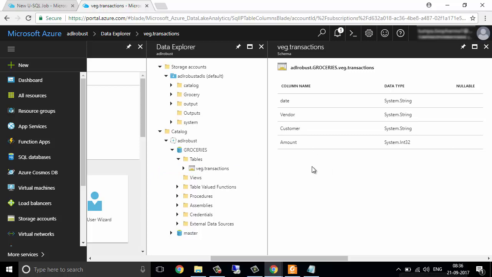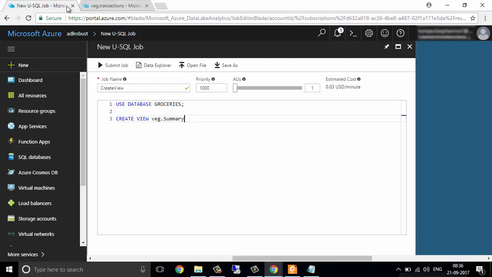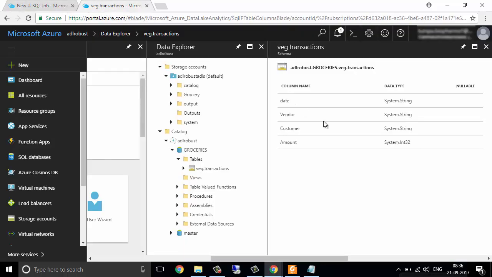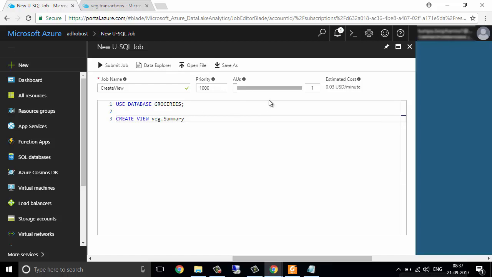So I will remove the date and create a view which contains an aggregated value for both vendors and customers. Irrespective of which date, I just want to know, for this particular vendor and this particular customer, how much total sales has been done.